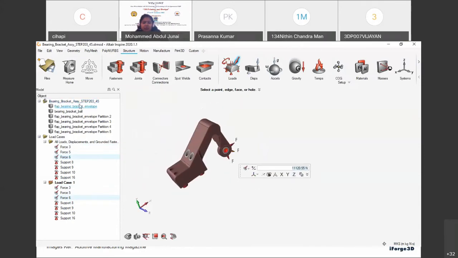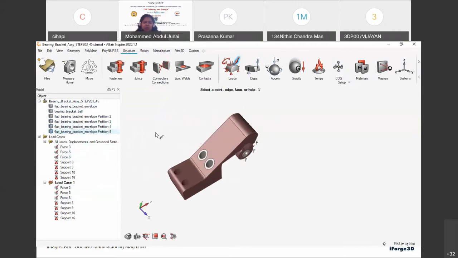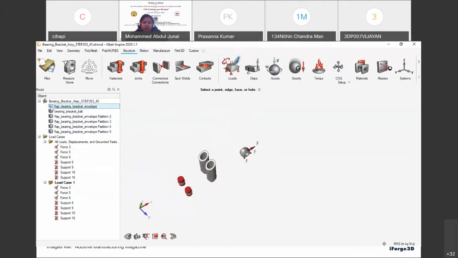Next, coming to the material property. On the left side, you can see the object browser, where you have the different parts of this model. One is the design space and another is the non-design space. What I just hid is the design space.